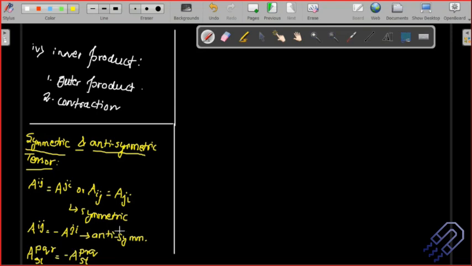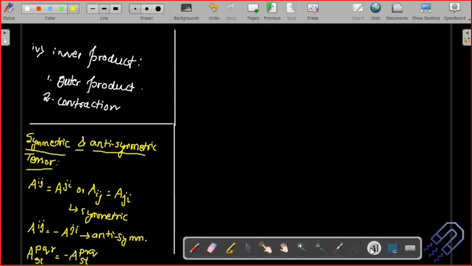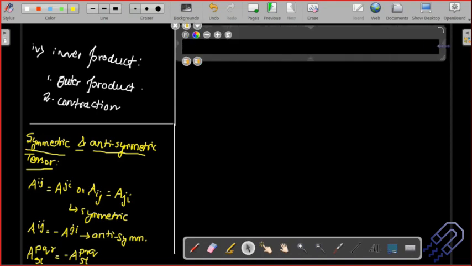Now based on this, there are certain proofs that we can work on. Let me write down one question here, which will be interesting. Let me take one example. You can say it's a kind of theorem, and we're just going to prove it. Prove that a symmetric covariant or contravariant tensor of second order